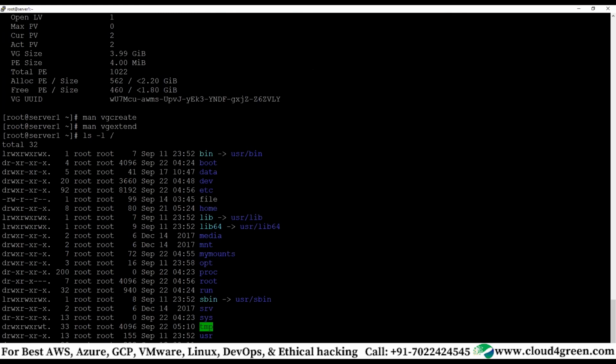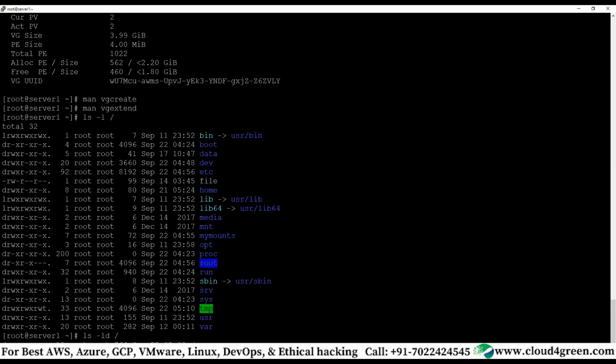So the first thing is root. Root means the root user's home directory. Before that, ls -ld /, you see the directory permission. This slash itself is a directory, correct? In blue color. It is the top-level directory.